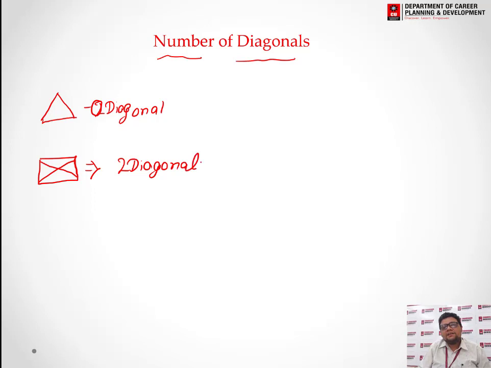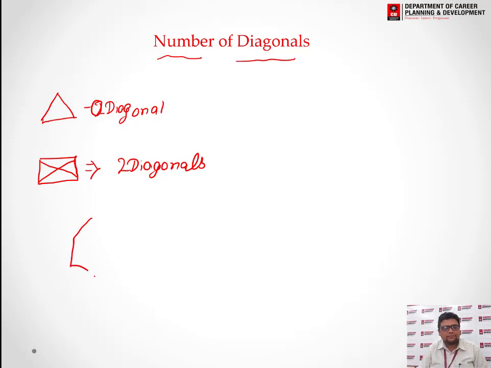But if there is a higher figure, like an octagon, hexagon, decagon, or any n-gon, how do we find the number of diagonals that can be formed? A diagonal is simply a line made by joining any 2 points, but out of those lines, we have to subtract the lines which are the sides. Let us take an example.